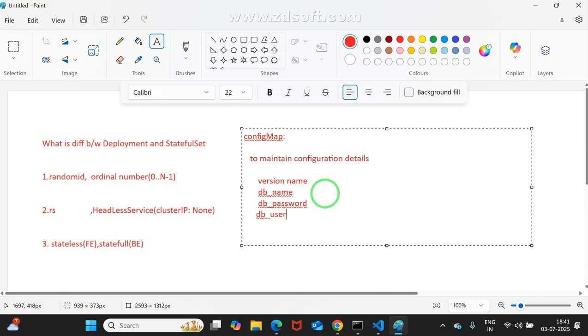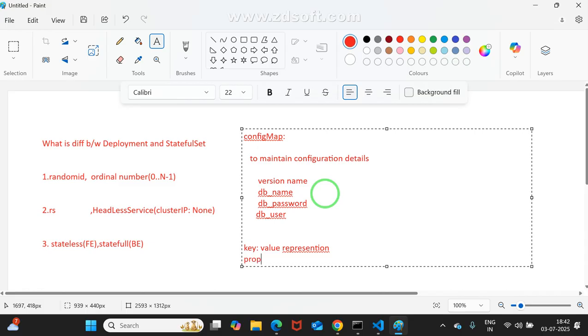Everybody understood, right? See, config map will maintain data in the form of key:value representation. Are you understanding, key:value representation. Even sometimes we may maintain it in the form of a properties file.